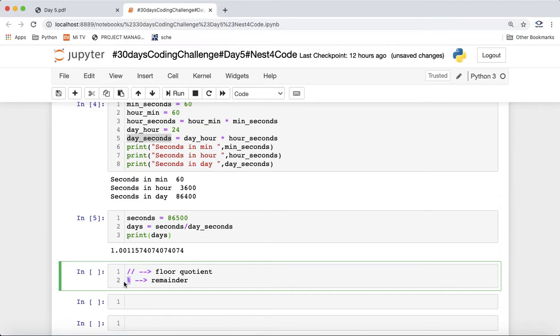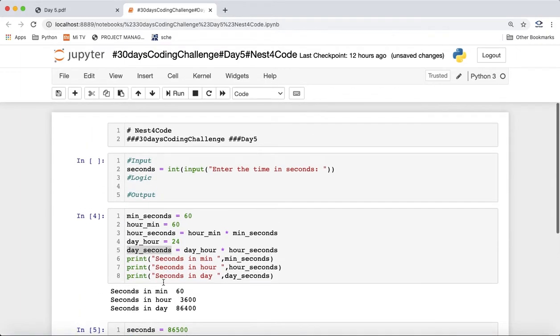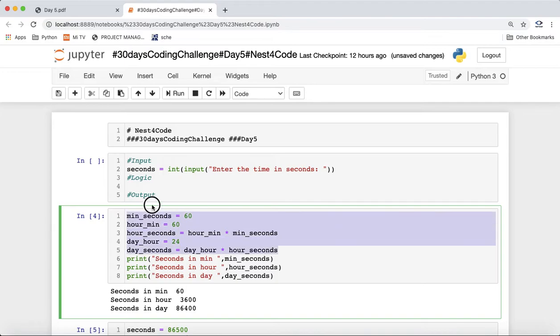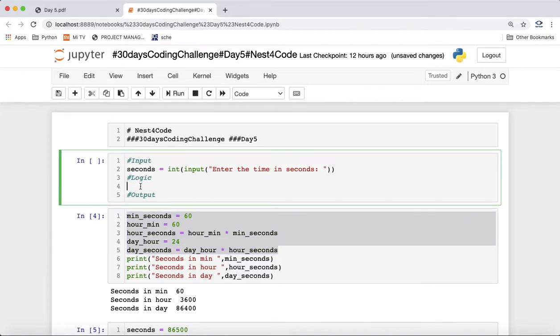For the remainder, we'll calculate the hours, the minutes and the seconds. I hope you got the idea. All of this will be required to convert the input seconds, so we'll move this code to the logic part.